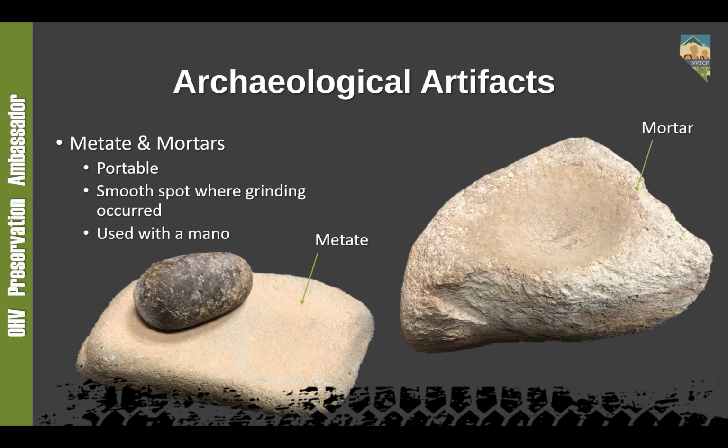Other archaeological artifacts that you may find in Nevada are manos and metates and mortars and pestles. These are objects that were used for grinding material, not just corn and things like that, but all different types of material. And these you can tell exist because they have a smooth surface. But they are stone, and so they've been preserved at the site,